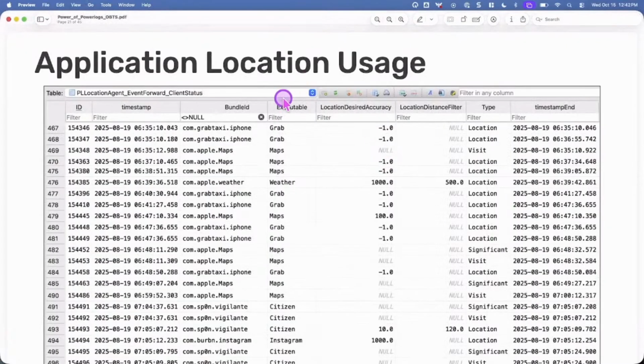A little bit about application usage. This one is pretty cool. It'll show you which applications are actually using the location here. Again, by bundle ID, we have the executable name, the different accuracy, whether it's very specifically accurate or not so accurate at all, and the type. Significant locations, a lot of this is Routined based. It is going to be very, very specific. But again, we do not get the precise location. We're not getting location coordinates in this particular example.